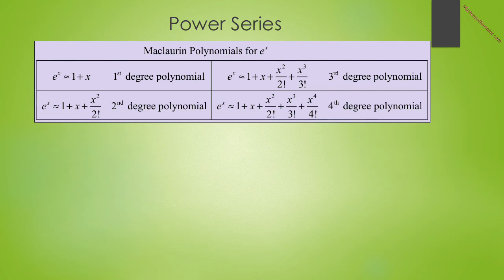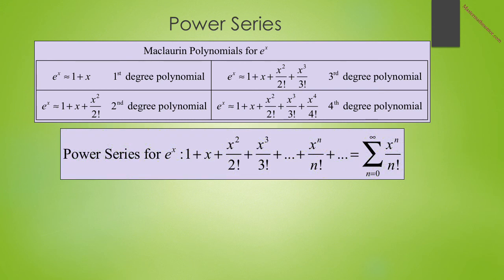And finally, we move to the fourth degree Maclaurin polynomial. e to the x is approximately 1 plus x plus x squared over 2 factorial plus x cubed over 3 factorial plus x to the fourth over 4 factorial. When we studied this, we did not have the knowledge of infinite series, which means that our polynomials had to stop somewhere. But now we see that this and other functions can be represented by a specific infinite series called